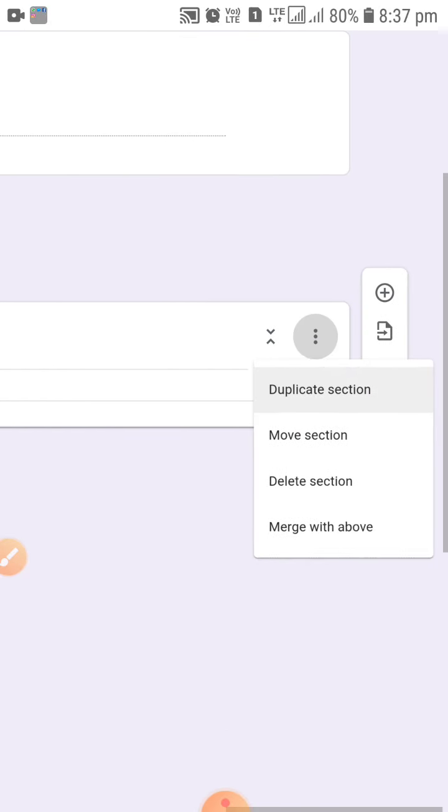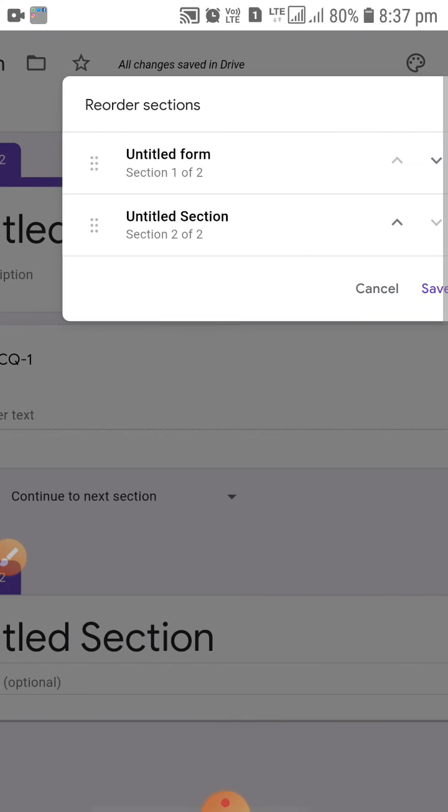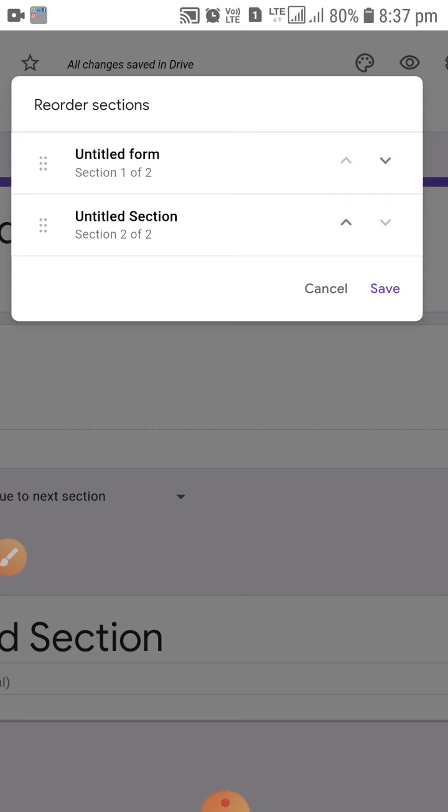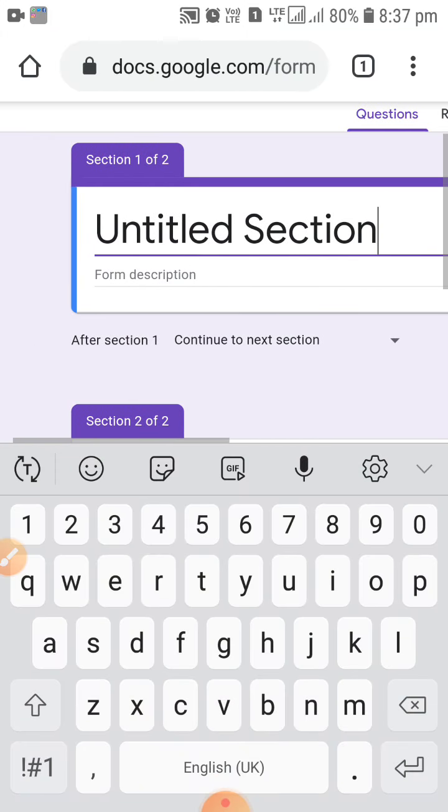Now you can see the options are there. The untitled section should go up, so we will click on this upside, so that we can collect information from the students.